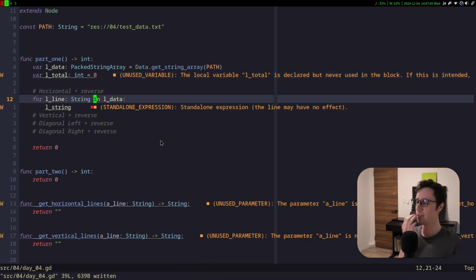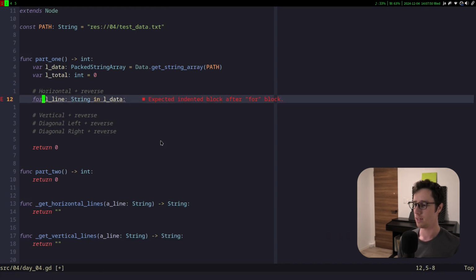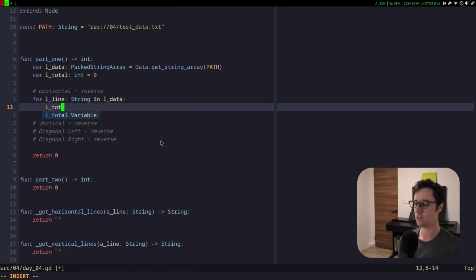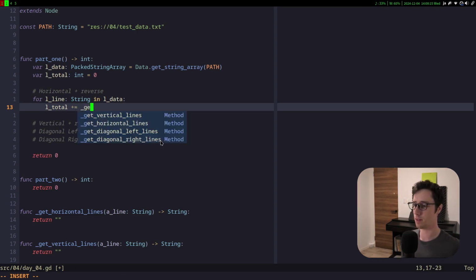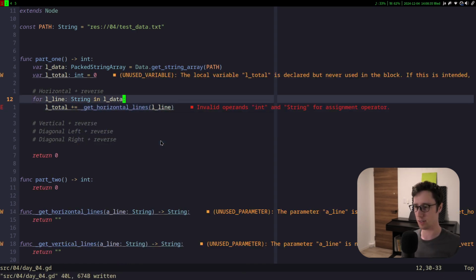I think if we were to do that, it will be more memory intensive, and I try to keep my code performant, so let's not do that. So L total. I think you could probably do that with regex as well, I think. So plus equals get horizontal lines. I will need to create a new string, so